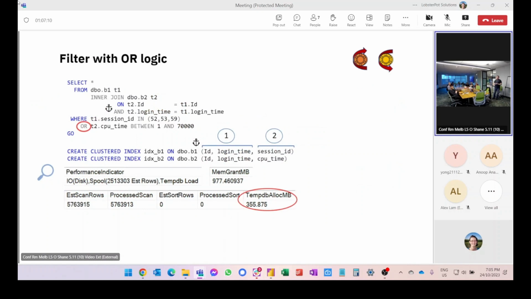So now we change from before, where we were just looking at a filter or where clause with just AND logic. Now that we've opened up the presentation to distinguish between OR and AND logic, I will have a quick look at that. Right, so this query is different to the ones that I've shown before because we now have multiple pathways in the filter logic in the where clause. I've created a clustered index that has